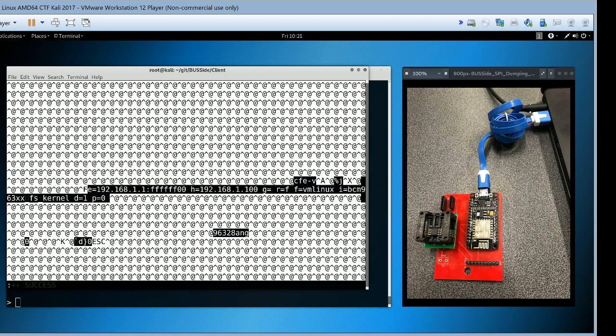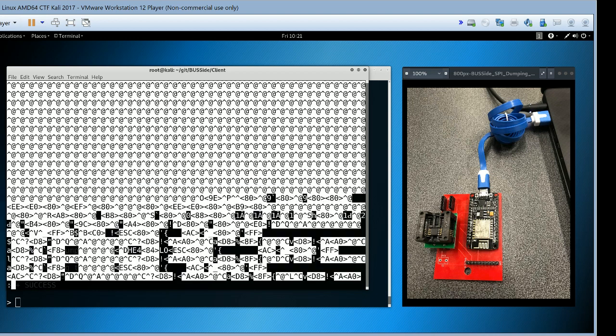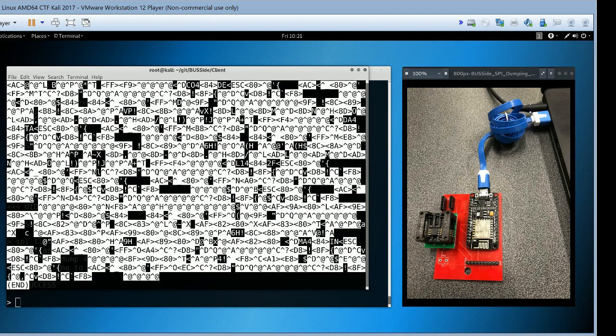Okay, and we can see and recognize fairly quickly that this is a bootloader for Linux, and these are things like the bootloader or kernel arguments. If we wanted to, we could modify these kernel arguments so that we could boot into single user mode and gain access to the device. We can write to the chip as well as read it. So that's what we get when we look at that particular